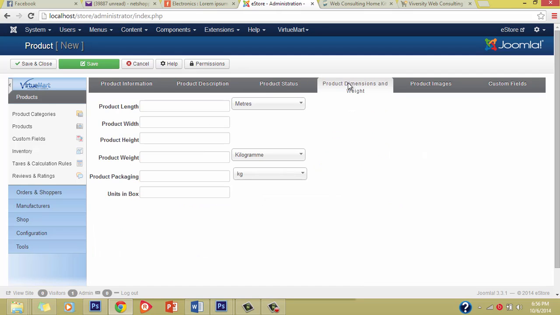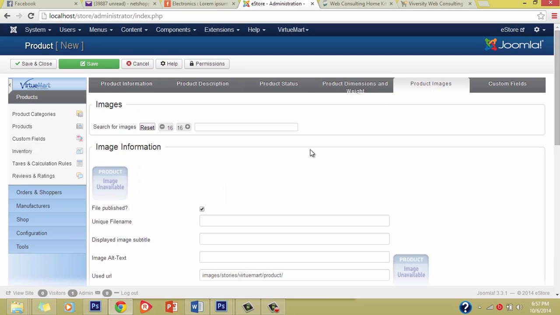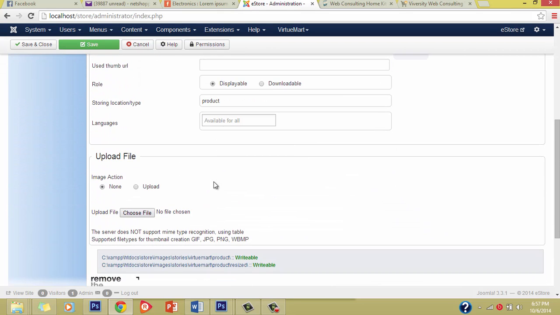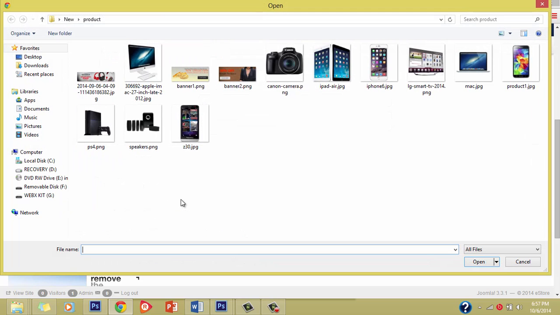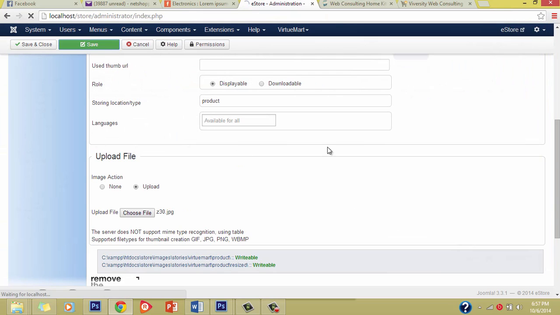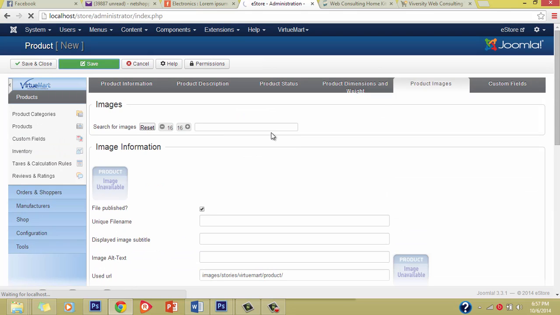Then the product dimension, we don't have to worry about that. Then product images, you just upload an image, click on choose file. Choose file is going to take you straight up to where you can upload your product image. Here I have an image already of the Z30. Open. On open, I save. On saving,